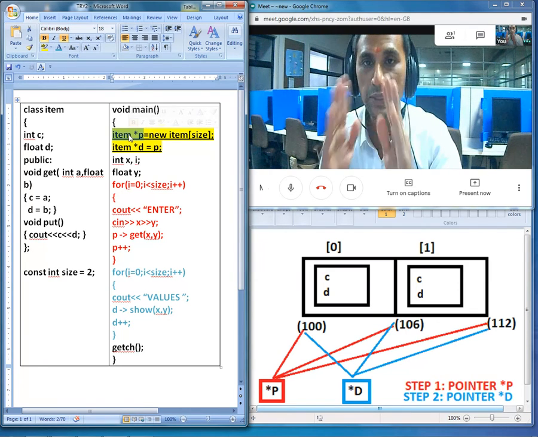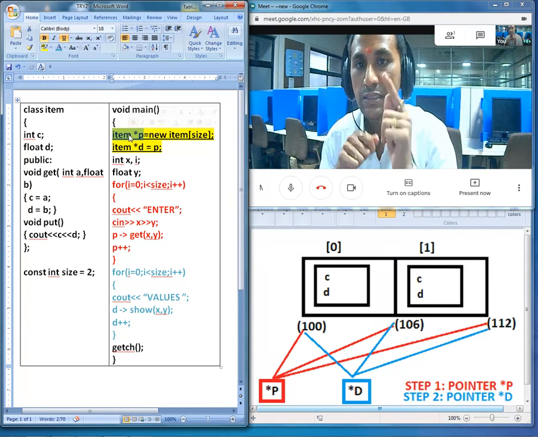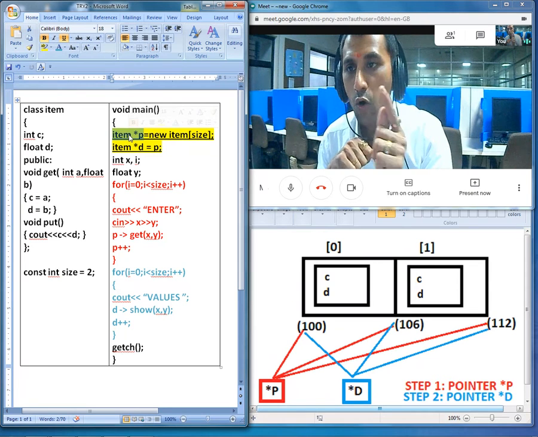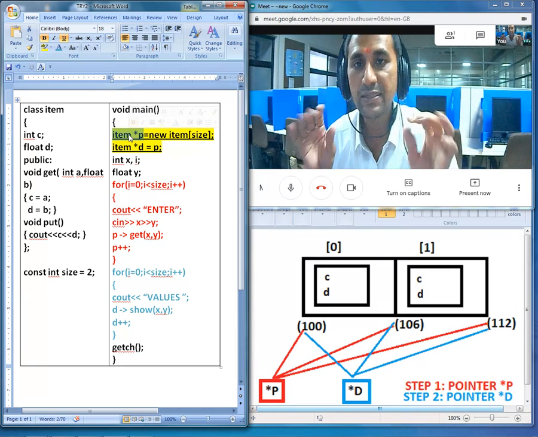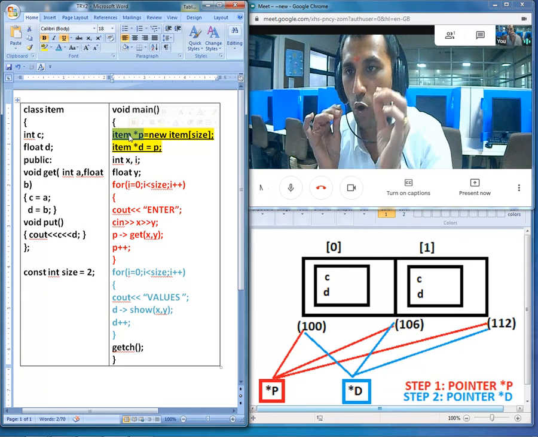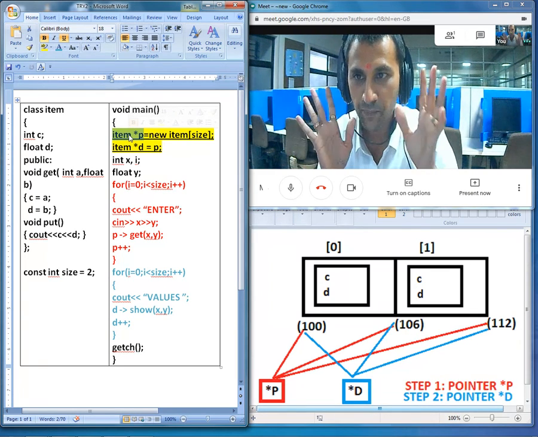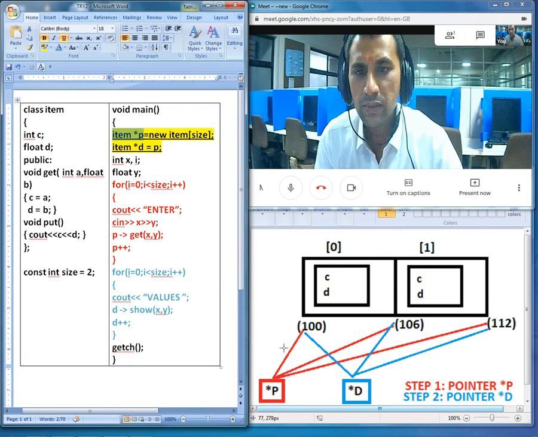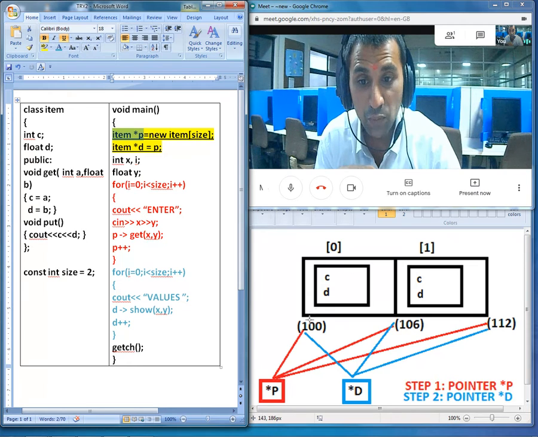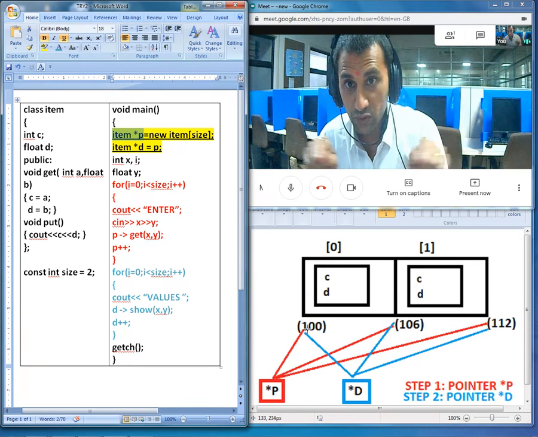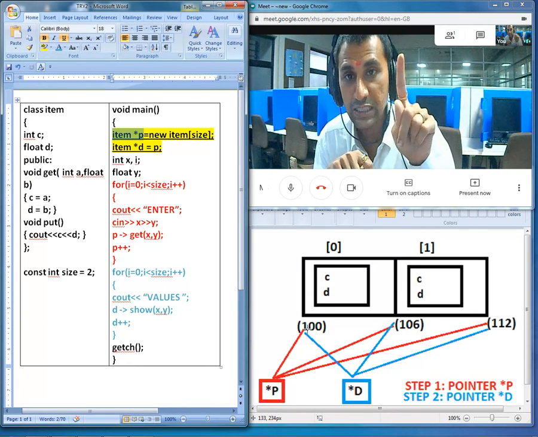We have confirmed that star p is a pointer of class item only. That means it cannot point to integer, character, float or anywhere else. It can only point to an object of class item. In the diagram, pointer star p is pointing at the starting location of the block, that is 100. That is step number 1.